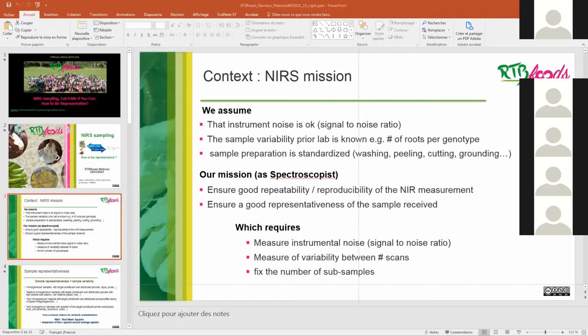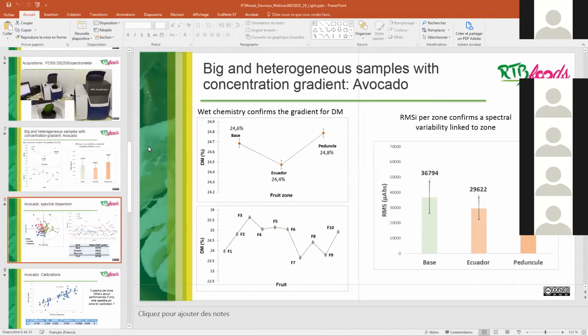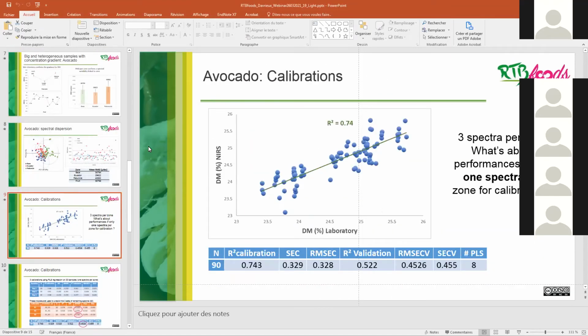So when we are doing the RMSE, that's what I like. As you can see, maybe you can see my screen now? Yes, we can. So as you can see here, in fact, it's not so bad. Even if in this experiment we didn't focus on having the best calibration, even like this it's not so bad. We have seen that we have probably from replicate three these samples are outliers according to lab value, but already the experiment was done in perfect condition because we already have almost a good calibration for dry matter.